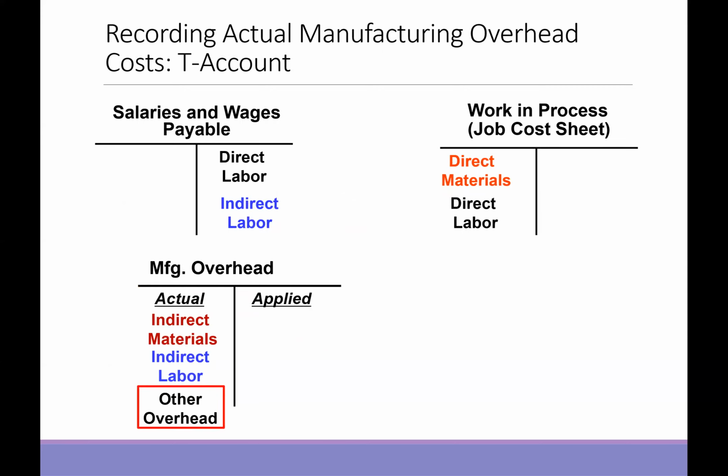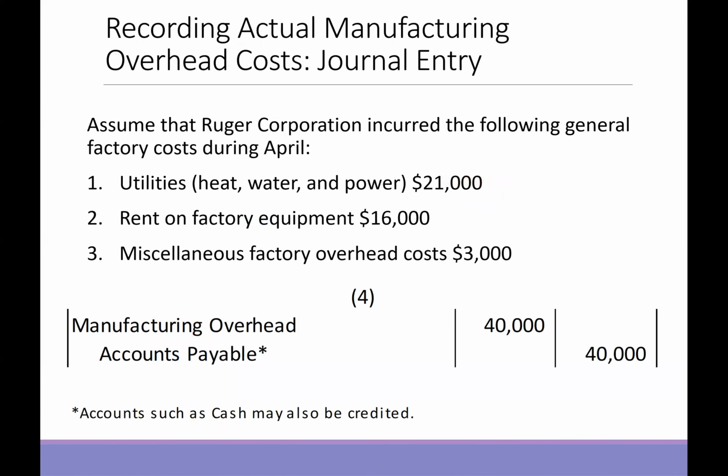So we've got, as you can see, the various T accounts where the various costs are flowing. Now assume that Ruger Corporation incurred the following general factory costs during April. We've got utilities that cover the whole factory, not specific jobs. We've got rent, and we've got some miscellaneous factory overhead. So 21,000 plus 16 plus 3, we've got $40,000 that are going to our actual costs, but we need